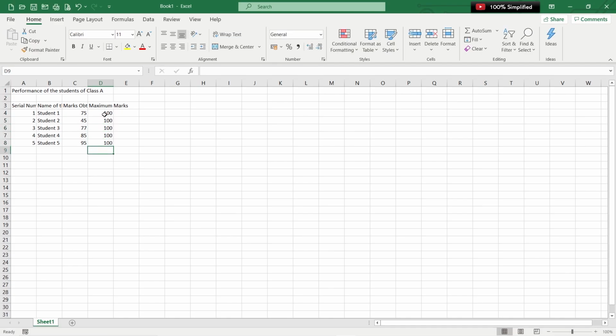So as you can see, we have created a very basic table in Excel which speaks about the performance of the students of class A, where we have 4 columns, that is serial number, name of the student, marks obtained, maximum marks, and the table also. Now you would be seeing that the columns are not looking completely visible. There is some data which is missing. For example, serial num, we can just see num here but not number. Name of, there is a student word which is missing. Marks obtained, obtained is just half of the word. Maximum marks, half of the word here is going out of the cell.